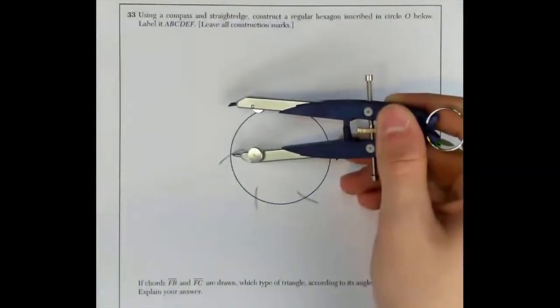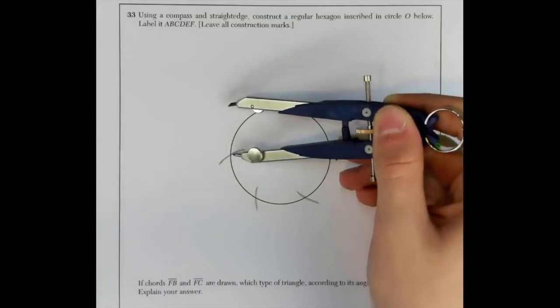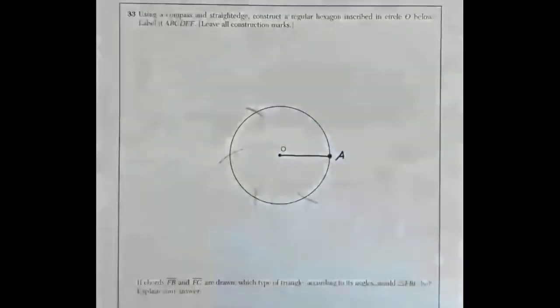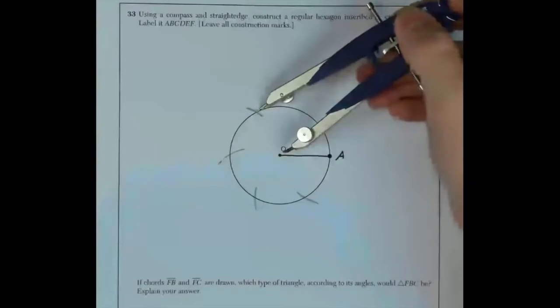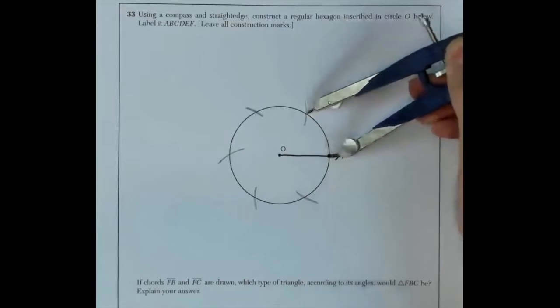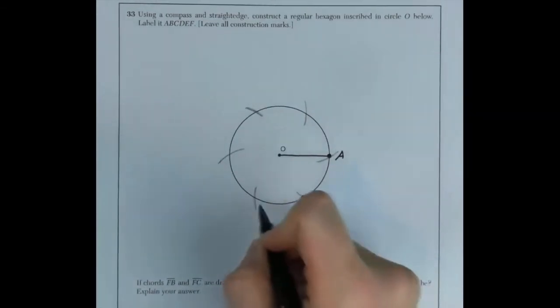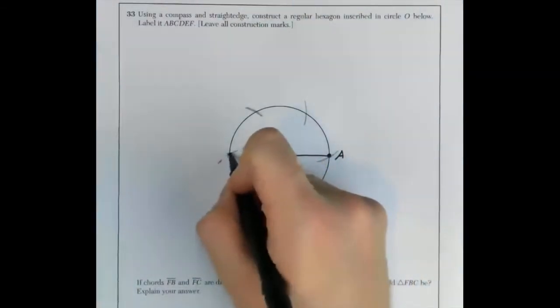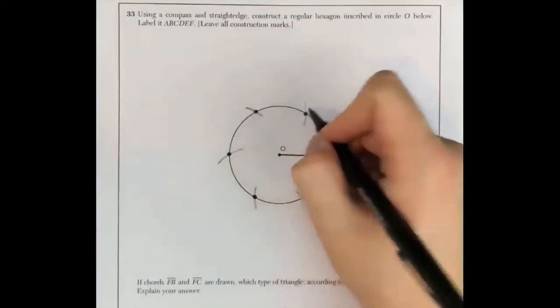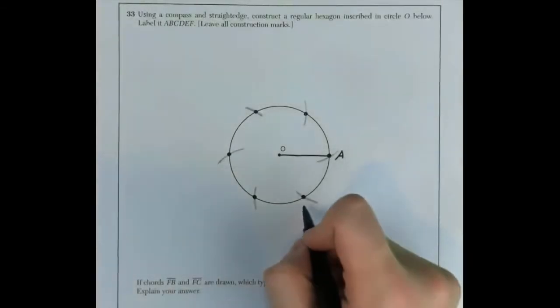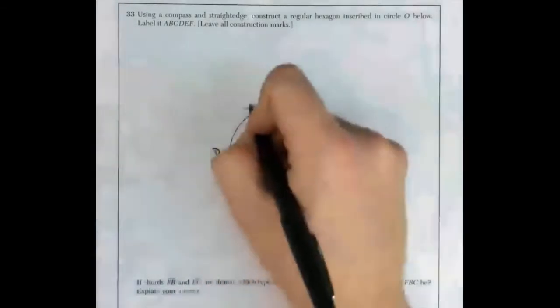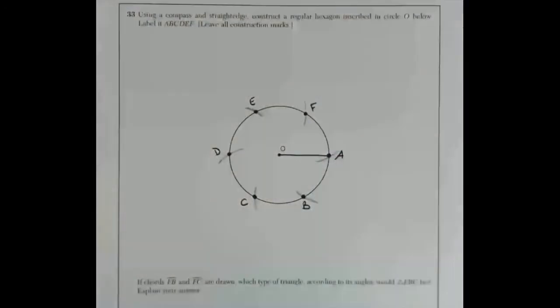So now I'm going to do it again. I'm going to place my compass point on this intersection point and repeat the process once more. And keep on going until you stop at point A. And in this case, that is really, really close to point A. So we completed this construction pretty well. So now I'm then going to draw a whole bunch of points around, and I'm going to label these points. Starting off with A, I'm going to label this B, C, D, E, and F,